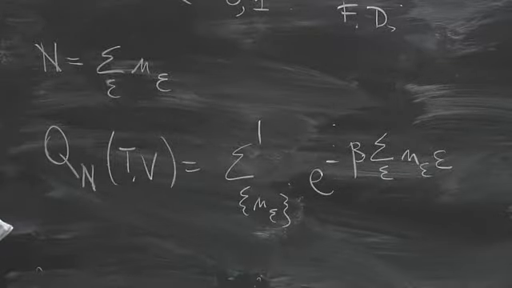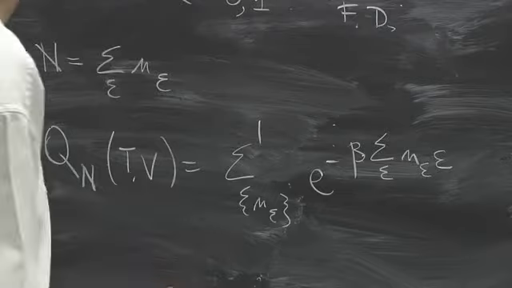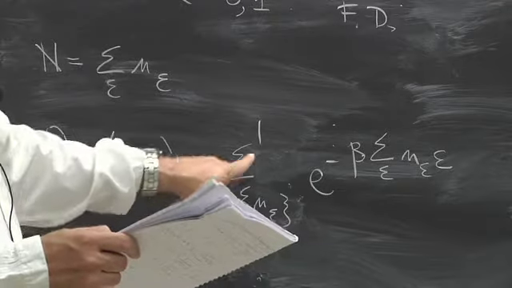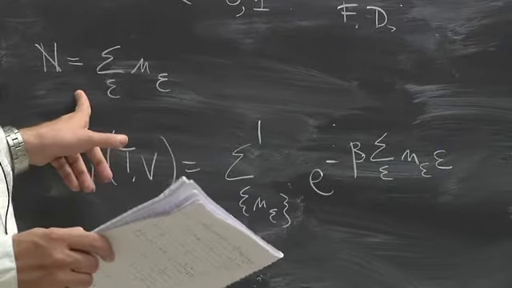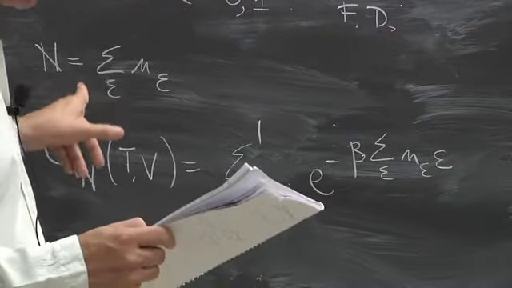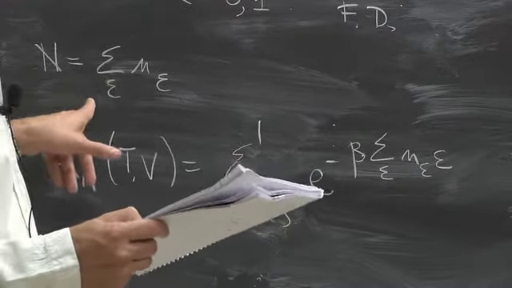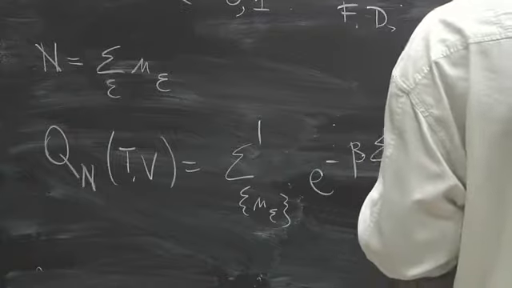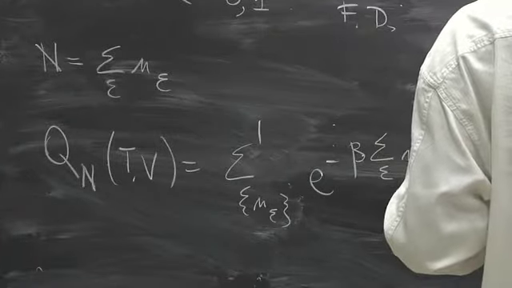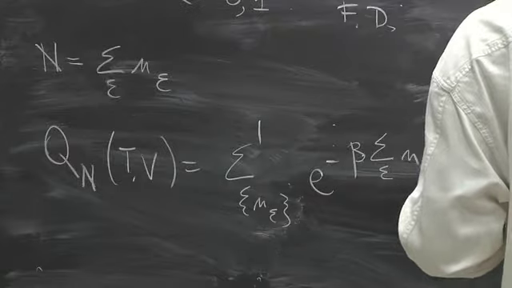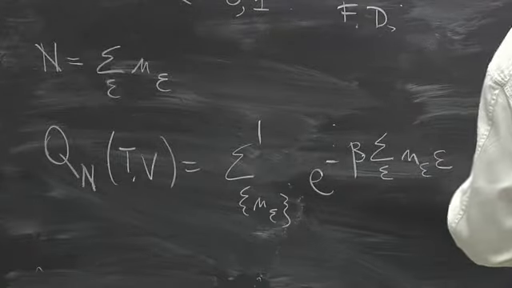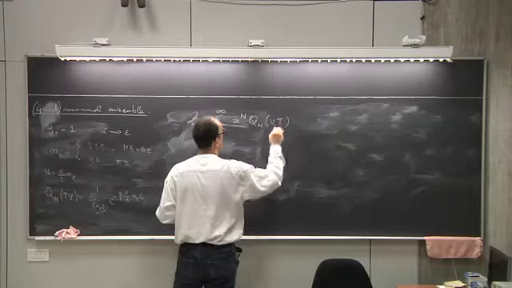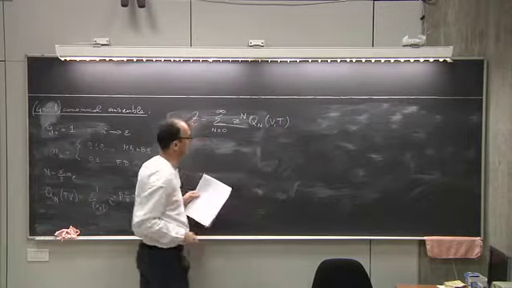Okay, so you see, now this problem is still a bit complicated because I have to do this sum with this constraint. So it is much more practical to use the grand canonical ensemble. In the grand canonical ensemble, I have to compute the grand partition function, which is the sum over the number of particles from 0 to infinity, fugacity to the n times the partition function of a system of n particles.